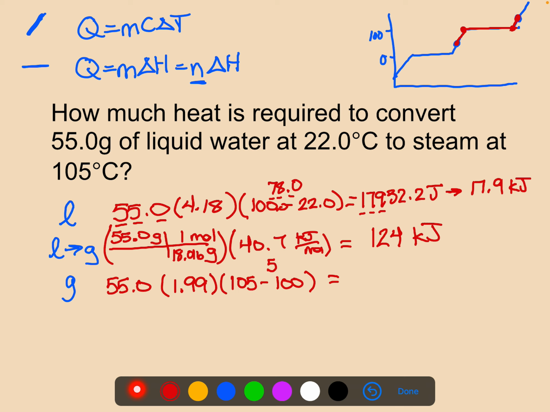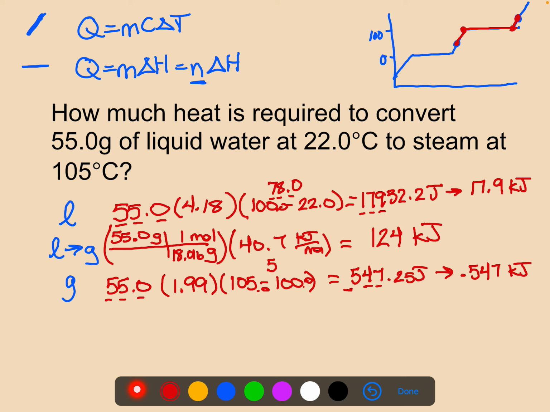Multiplying it together, it's going to be 547.25 joules. Now, this probably should have had decimals here, that way we would know what it is. But we could safely assume that we're going to round it based off of our mass that's given here. So whenever we change it to kilojoules and round to the 3 sig figs, it would be 0.547